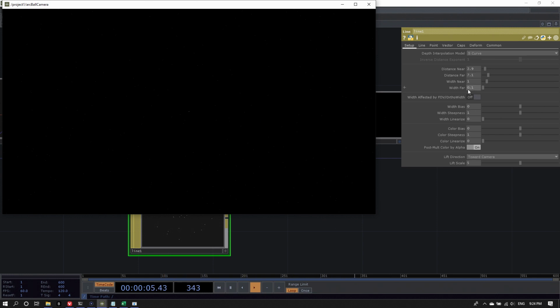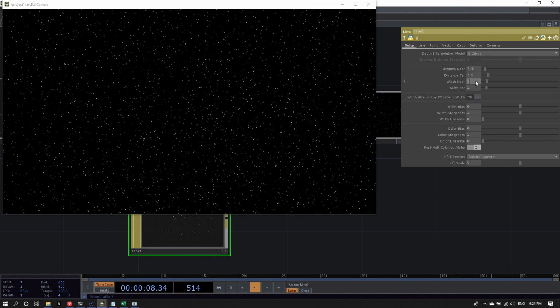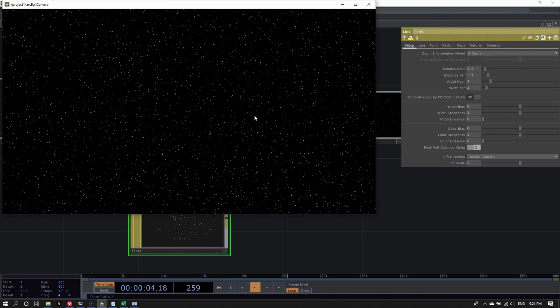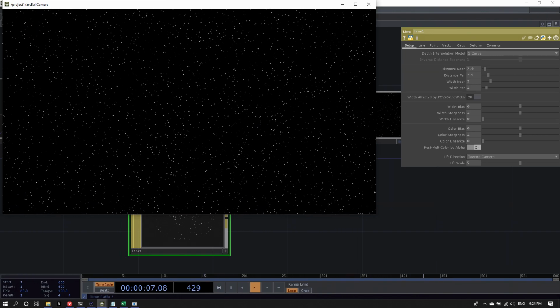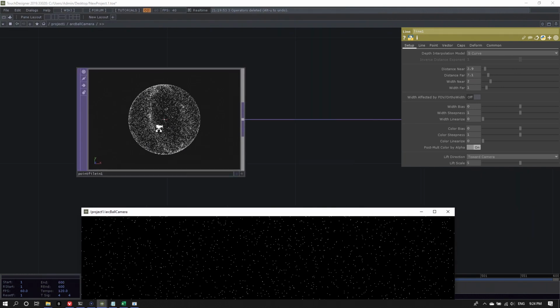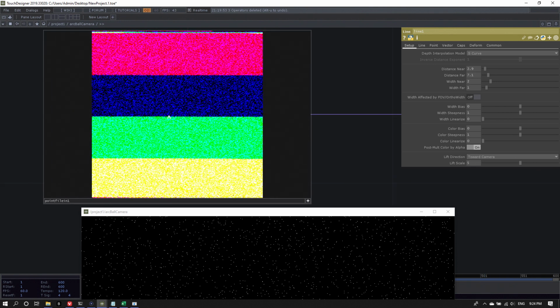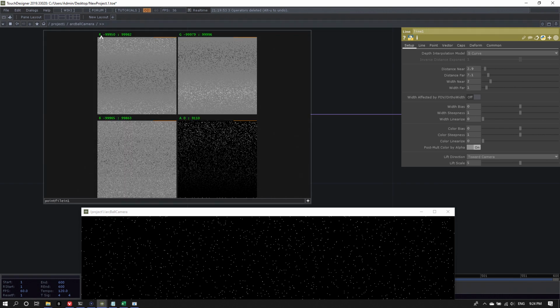We can change that actually later on. We could put them both to 1, width near to 2 maybe. Maybe that's actually a better choice, so we always see the whole system in here. We can also later try to play around with the distance near and distance far parameters, depending on the extent of this point cloud. Actually, we can just have a look at this right now, changing the viewer to viewer's image, and then have a look at the normalized split, and I can see that the range of these stars is between minus 100,000 and 100,000 approximately.